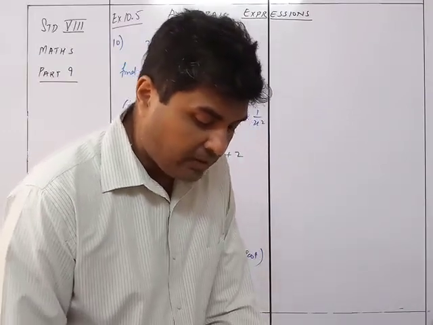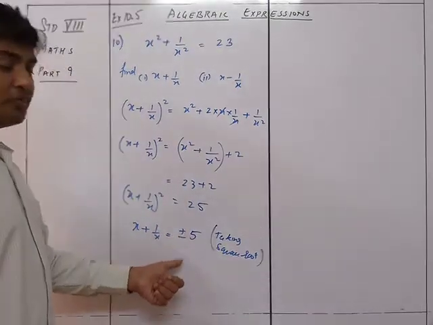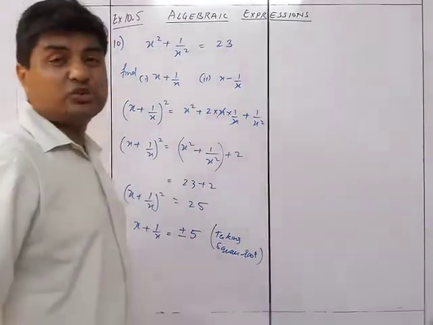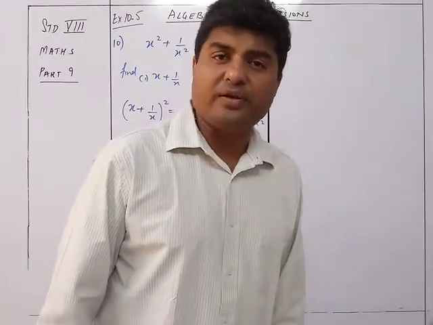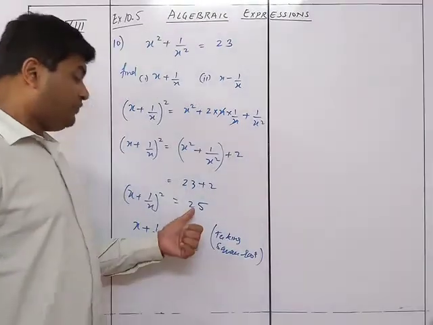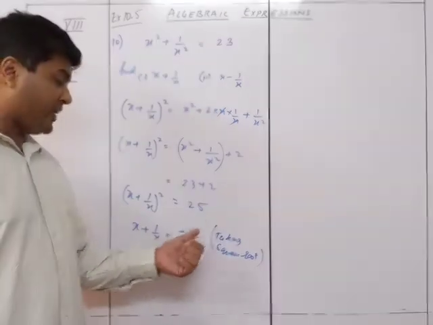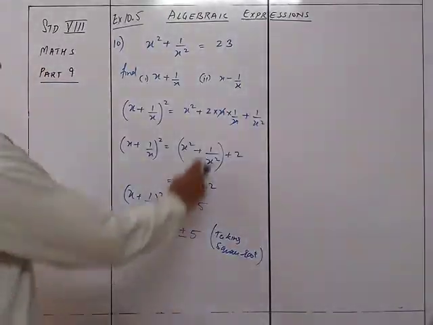Now remember that whenever you take a square root of any number, you have to write plus or minus, because plus 5 squared is also 25 and minus 5 squared is also 25. Minus 5 into minus 5 is also 25 and plus 5 into plus 5 is also 25. That's why if 25 is taken as square root of 25, I'll have to write over here plus or minus 5. Now talking about this part.